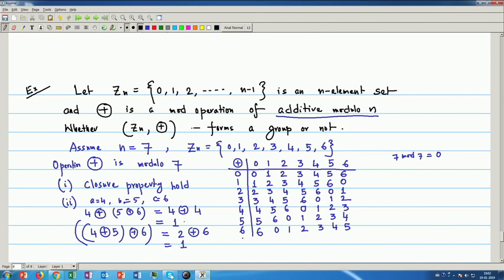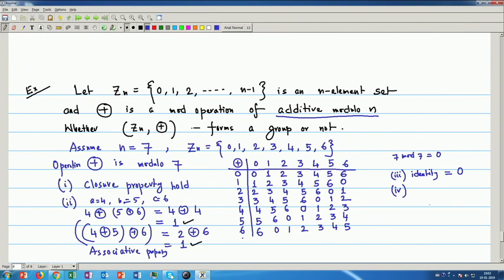So, this is equal. So, it forms the associative property. So, it holds the associative property. Now, the identity element. Identity, since it is additive modulo 7, so identity exists and is equal to 0, and